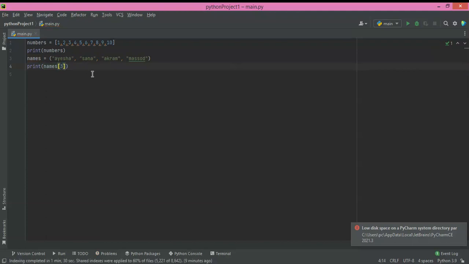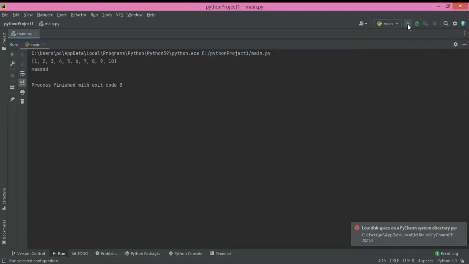And you can see that when we print, it will only print the one at number 3. There are four names, but Python starts from 0, 1, 2, 3, so index 3 will be printed. So let's check, and you can see that Masood has been printed at number 3.